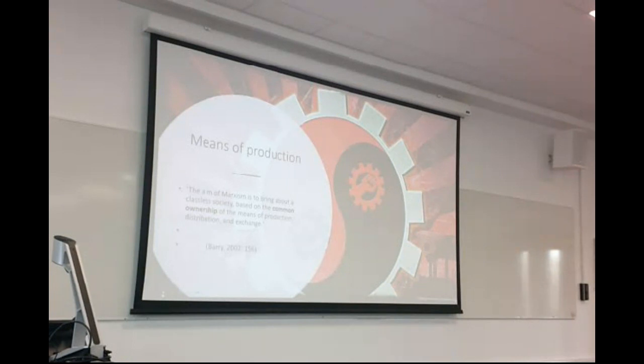But what we do at least need to appreciate is that a political economy approach is going to look at the idea that there isn't a common ownership of the means of production. So what it's going to look at is the effects of ownership being concentrated in a particular set of people and what that means for a society. This has fundamental questions, therefore, about the nature of democracy, about the nature of equality, about the nature of how societies are structured, and what ideas are seen as important in society.